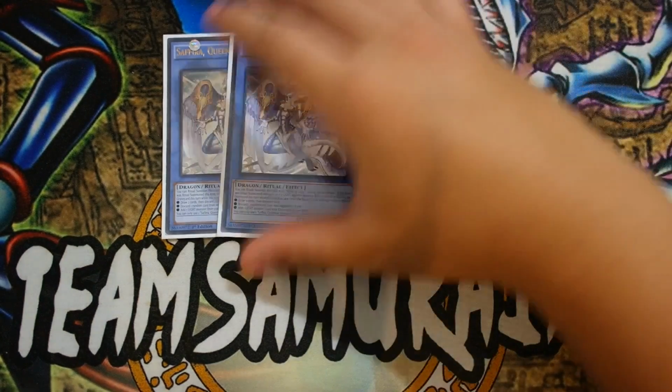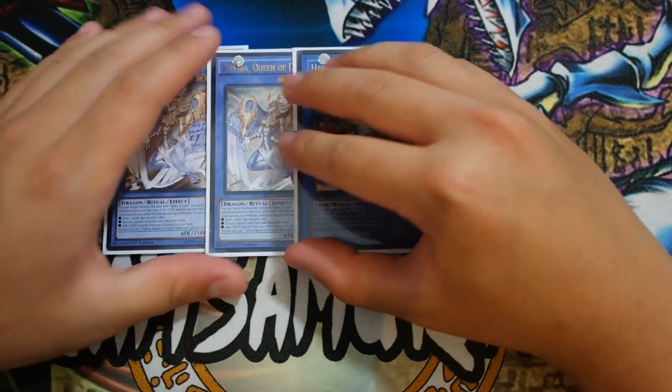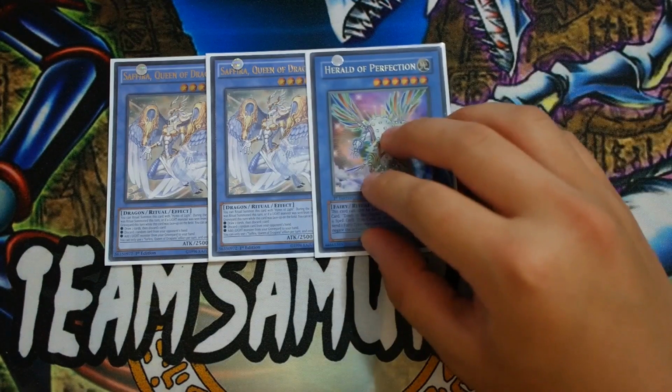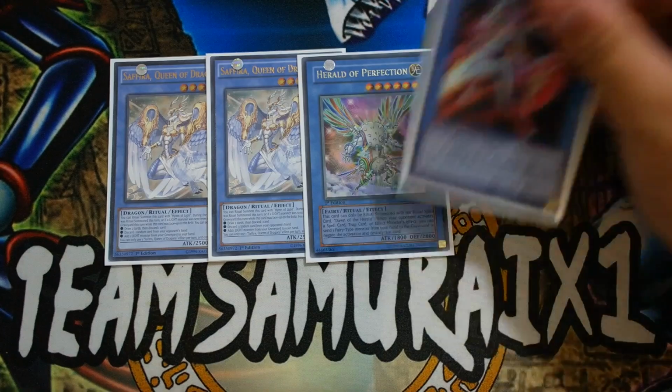So a double Saffira, Queen of Dragons, is definitely a must-have in this deck, in my personal opinion. And last but not least, you do want to play the one Herald of Perfection. This card is really, really good because it can be easily searched off Preparation of Rites, which is really amazing. And it's also searchable off Manju, and Manju can be easily accessible through Cyber Angel